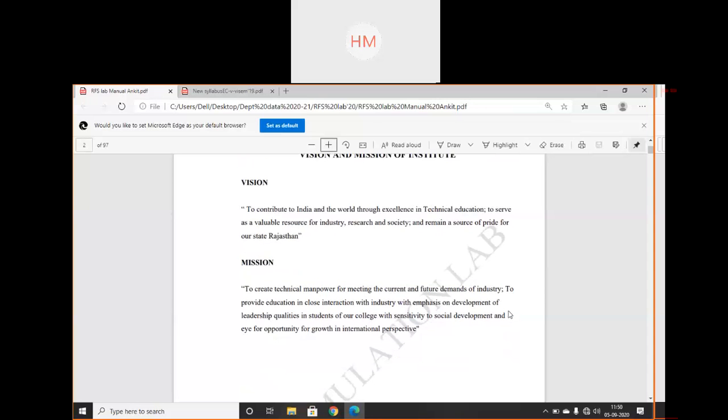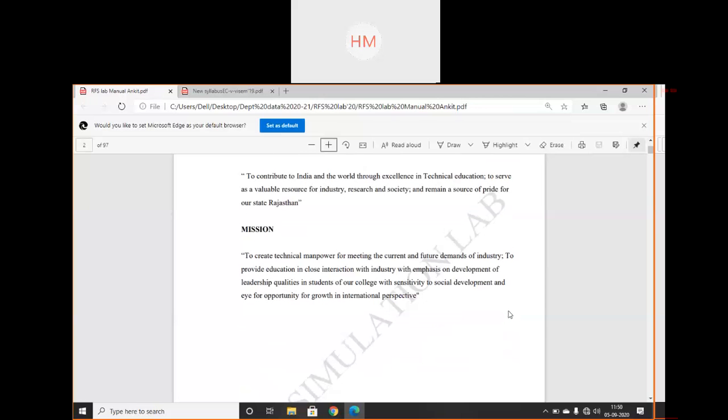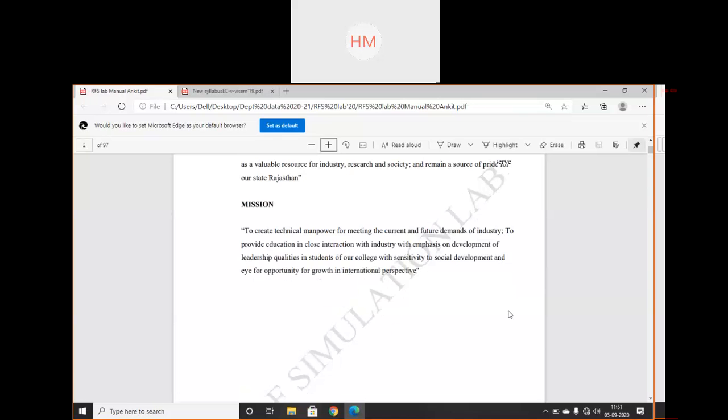The mission of our college is to create technical manpower for meeting the current and future demands of industry. You are the manpower. We are creating technical manpower to provide education in close interaction with industry, with emphasis on development of leadership qualities in students, with sensitivity to social development and an eye for opportunity for growth and international perspective. Very nicely the mission and vision of our college is described.